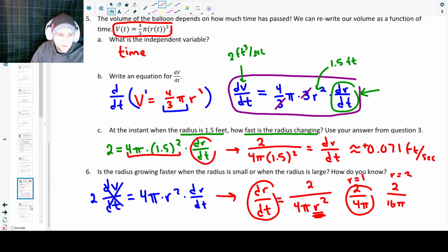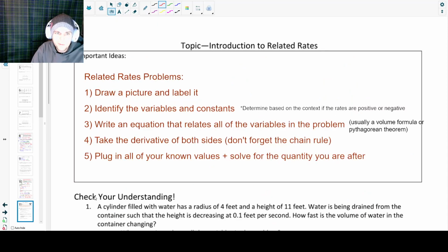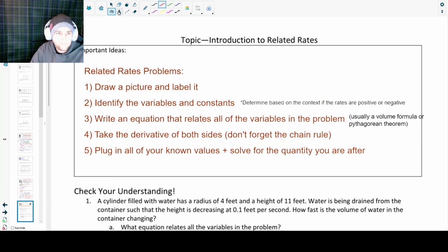Now, we'll go ahead and move on to formalizing some of these ideas. So, related rates problems. We have 5 steps that I'm going to try to go through as we do these problems in the future. We're going to draw a picture. I didn't really draw a picture of it in that previous problem. I mean, I kind of did, but we'd want to draw a picture,